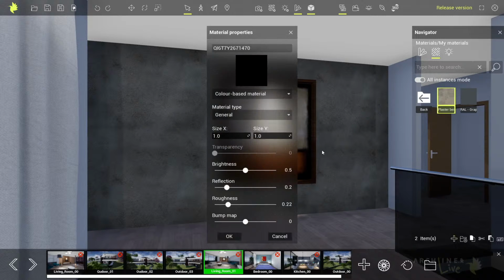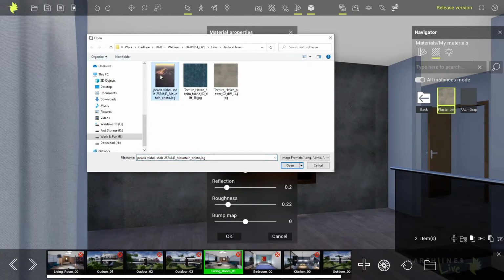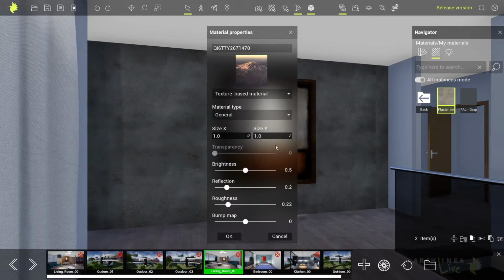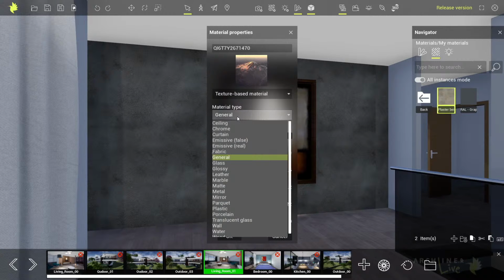You just go here, and again, you just go to texture based. You select this image. Actually, this is a photograph I have downloaded from Pexels, which is again a brilliant website. It's a great source for images, paintings, and so on. So you just find that there, click on open, and then you will end up with the basic general material that you can change